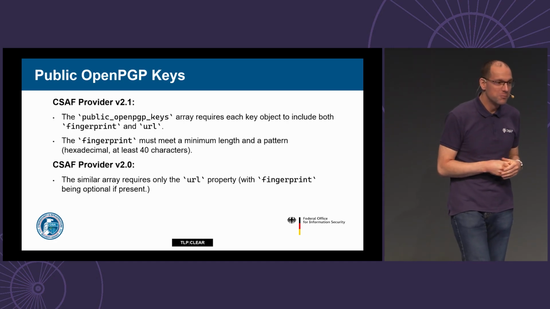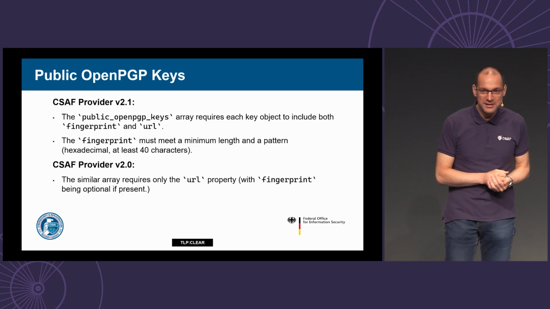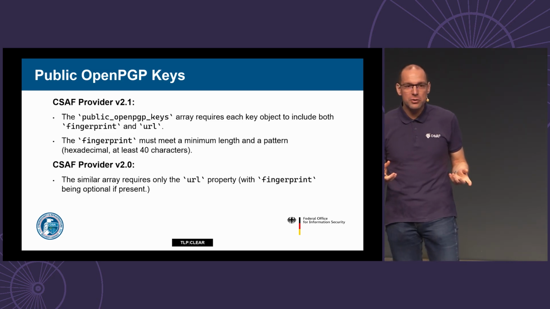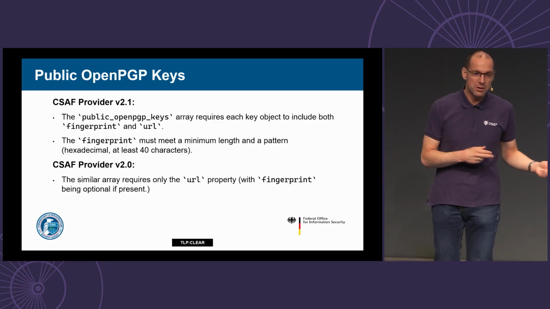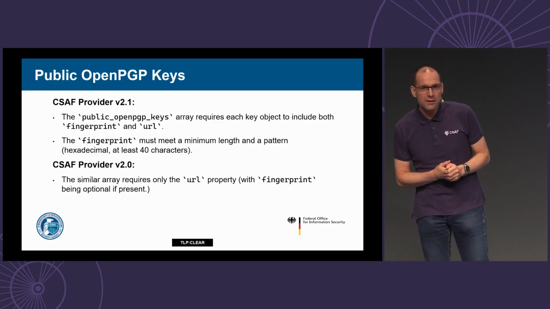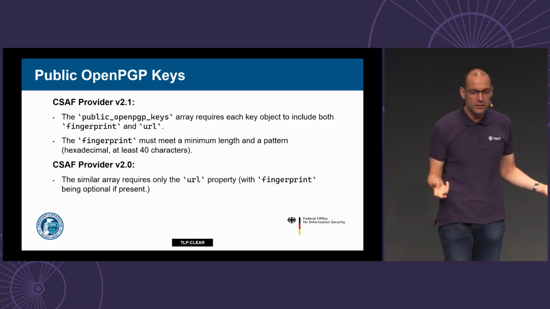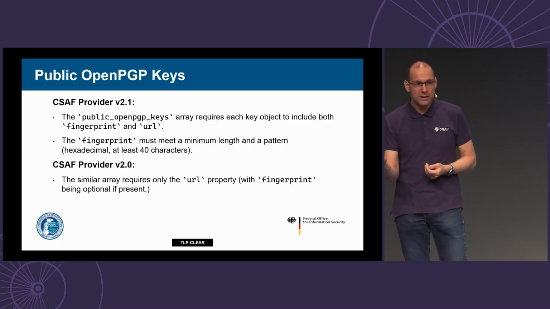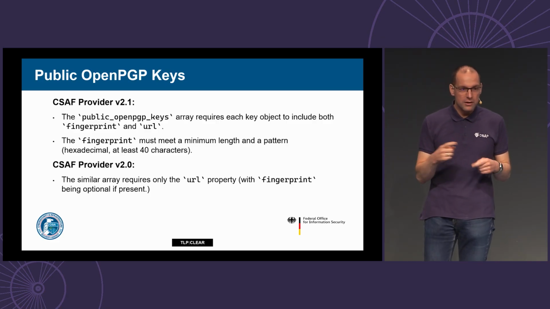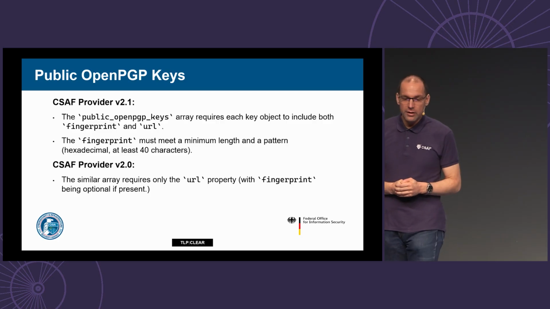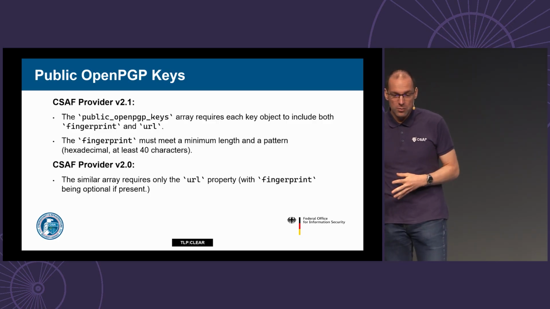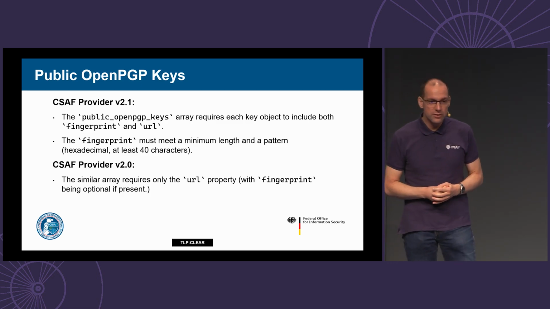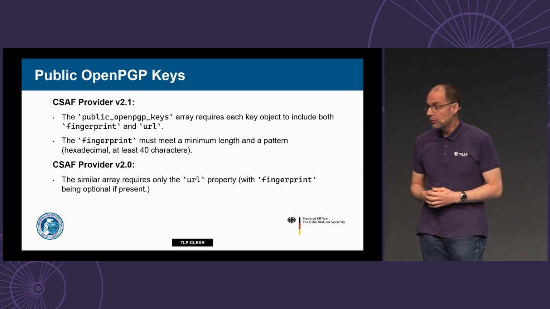And also, sometimes you forget something in your writing of a standard. So one of those things was the fingerprints weren't mandatory in the public OpenPGP keys. And so we realized, hey, everyone is already using the fingerprints and putting them in, and it totally makes sense if you want to check, is that actually the key that I get? Does the fingerprint match? Is there any discrepancy there? And so we added that also in, and it basically doesn't change the definition, and it's already used by most of the people.